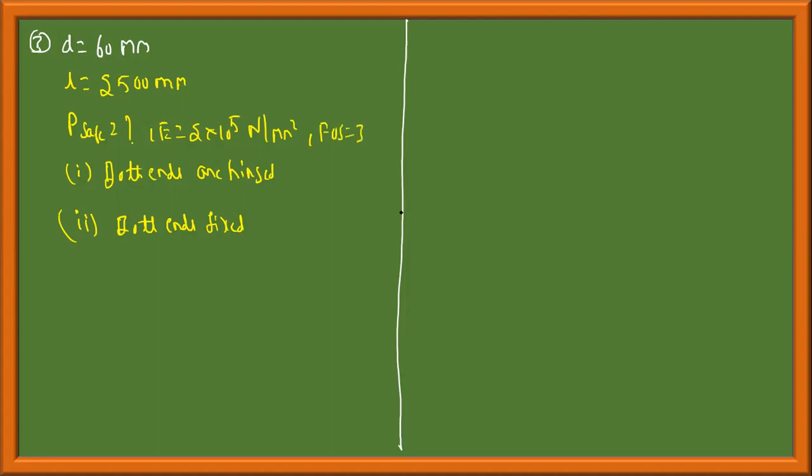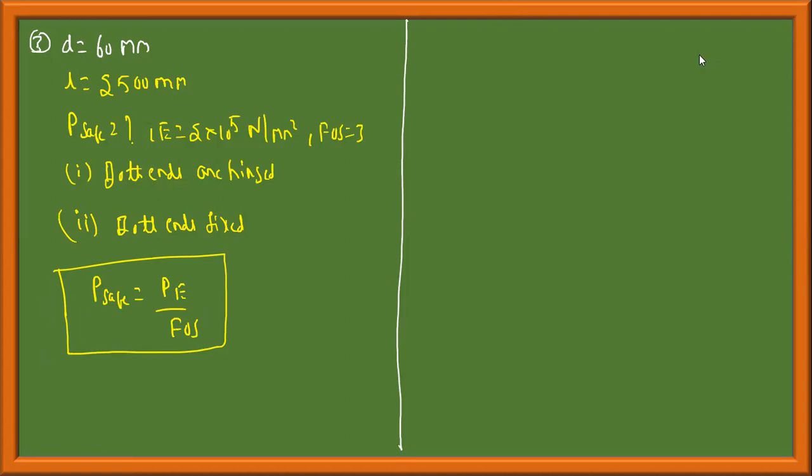As soon as you say factor of safety, there should be a picture in your mind. P safe load is equal to P buckling load or crippling load by factor of safety. This relation should be there. He has asked for the safe load. I'll find the crippling load, divide it by 3, and I will get the safe load. Okay, this is the procedure.